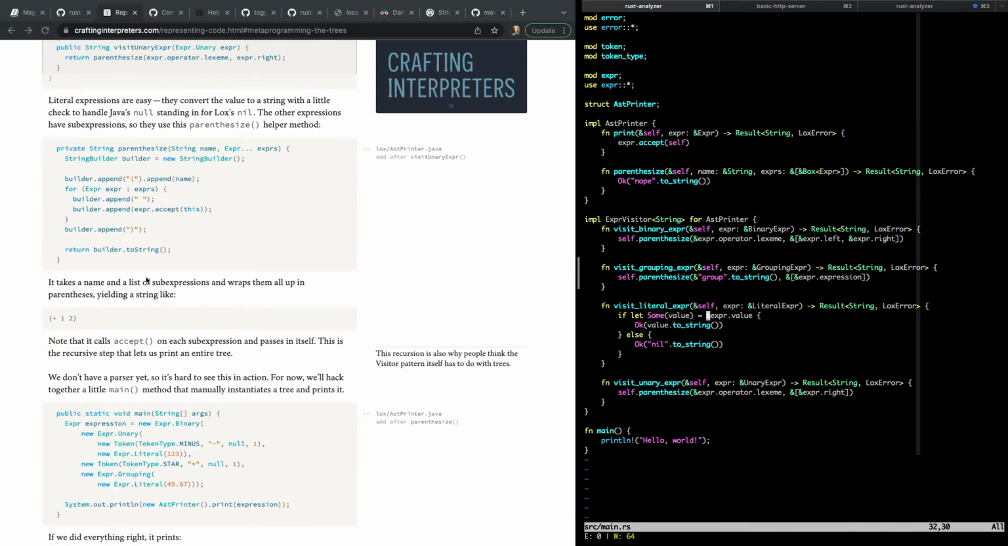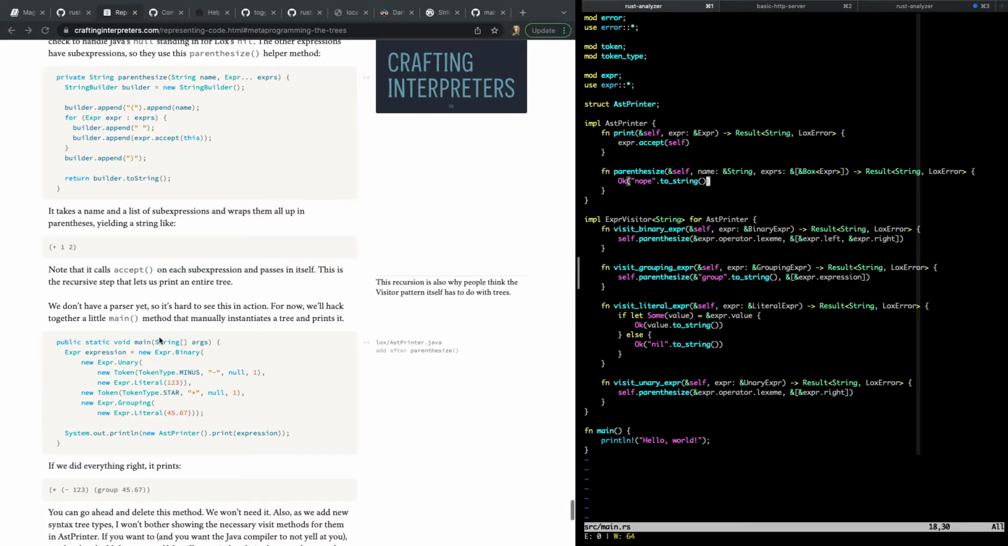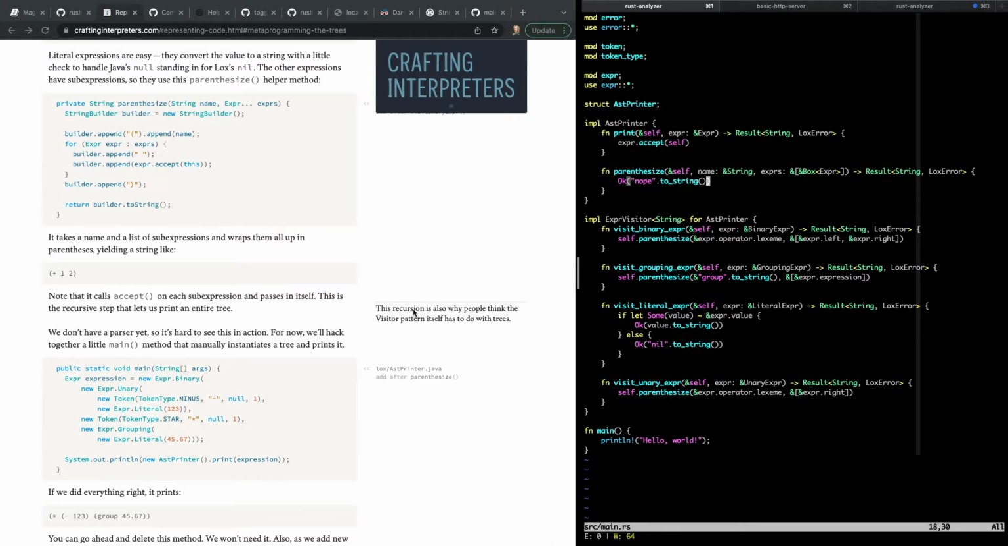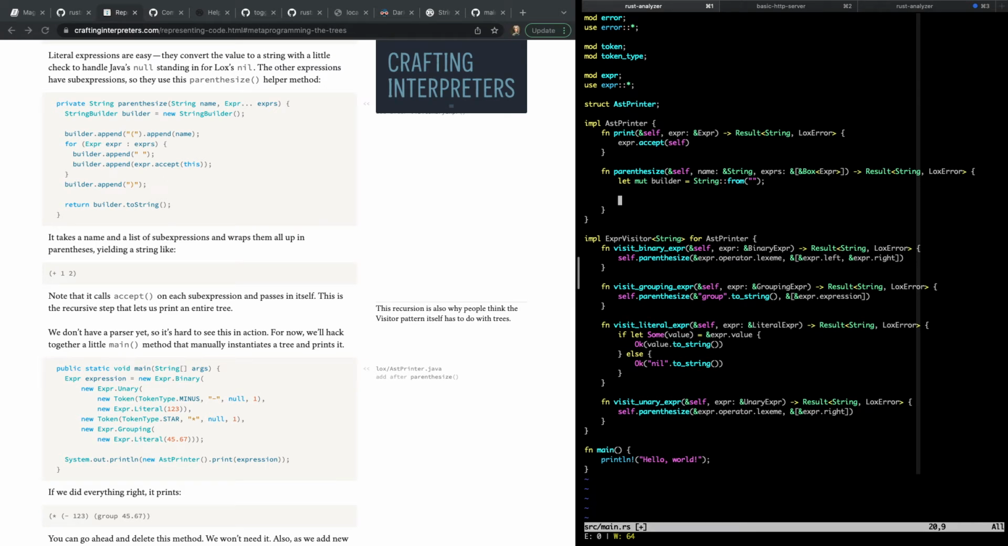All right, so now we need to write this part here, parenthesize. And then apparently we can build up a brand new one this way. But all these references are getting me worried now about how we're going to manage lifetimes in the real thing. But let's see what we get here. So let mut builder equals String from this. Actually, we can just do it this way. format!, open paren, and the name,